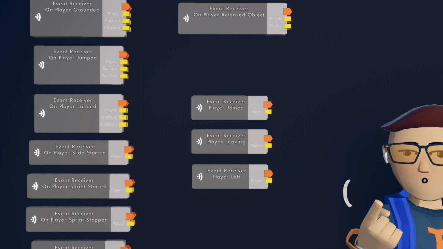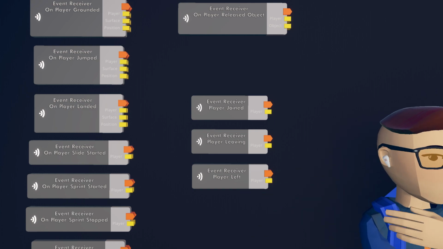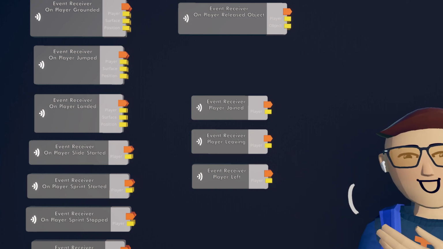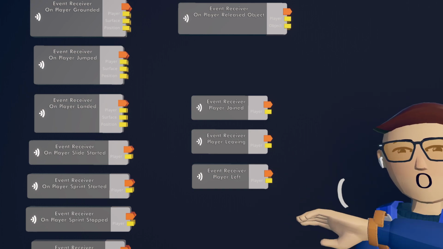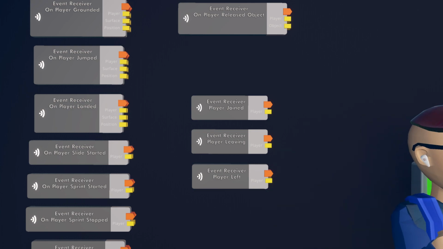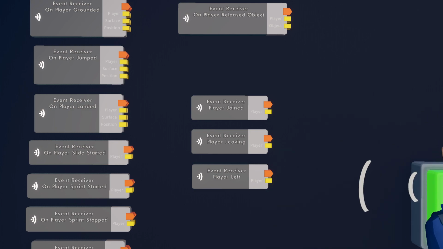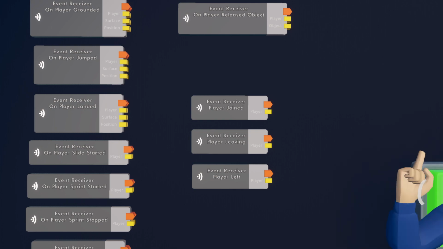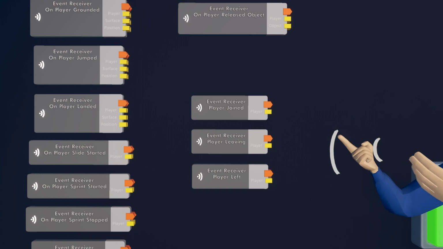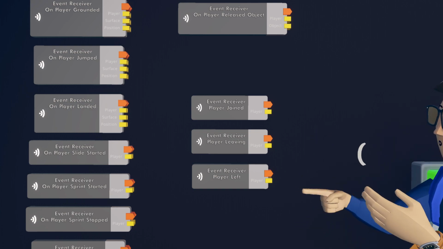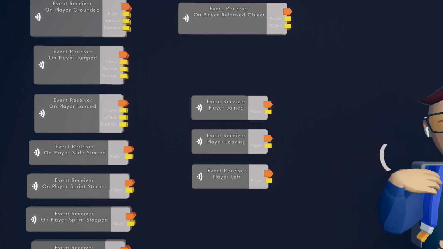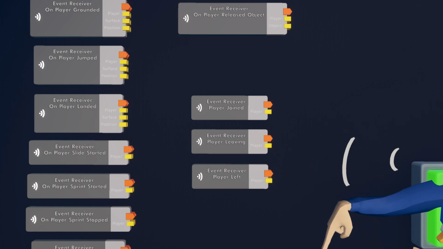So if you took that player before they left and you saved it into a variable chip, like a player variable, and then you used the equals chip and compared the player you had in that variable chip with the player running here, it would actually know whether or not it was them. For instance, if you have some tag game, the person who's it when they're playing tag, if you save them into a variable, you could check if it was them, and if it was, you could reassign whoever is in that role to somebody else.